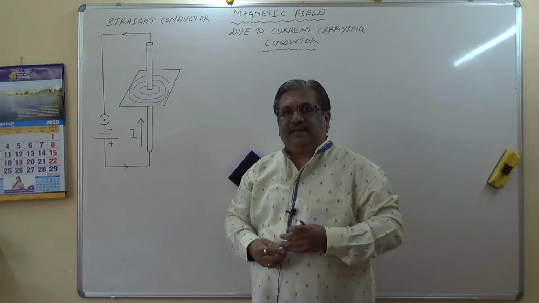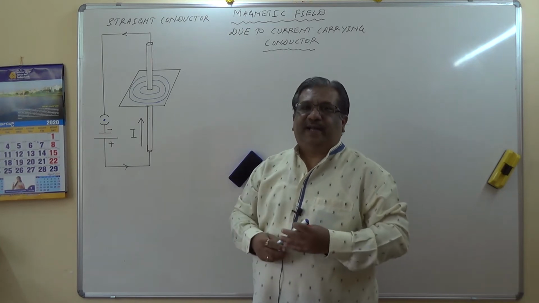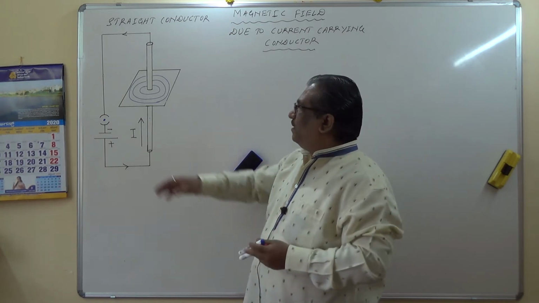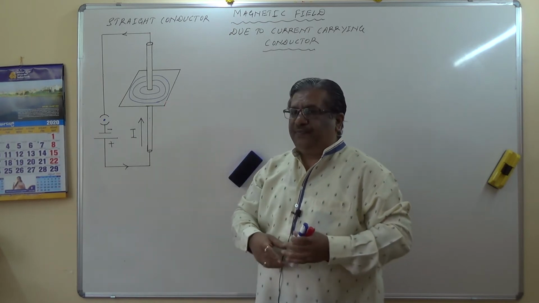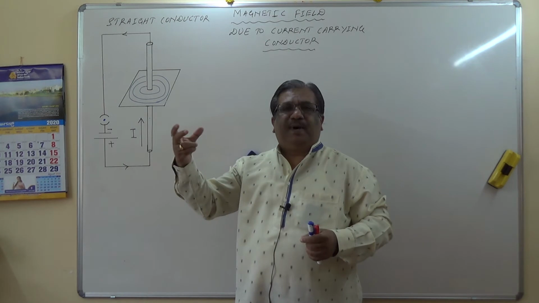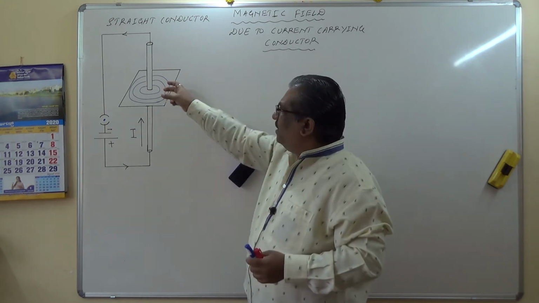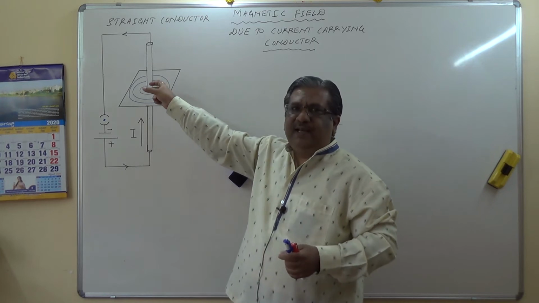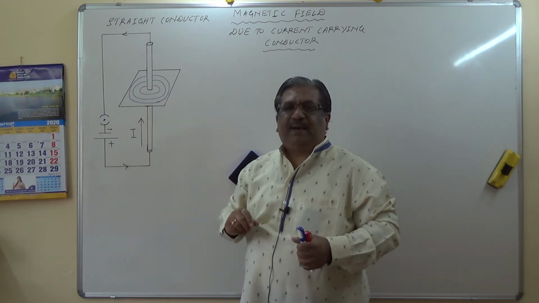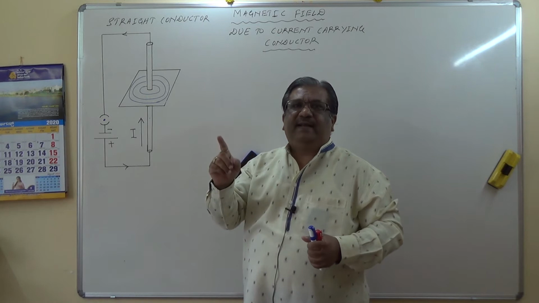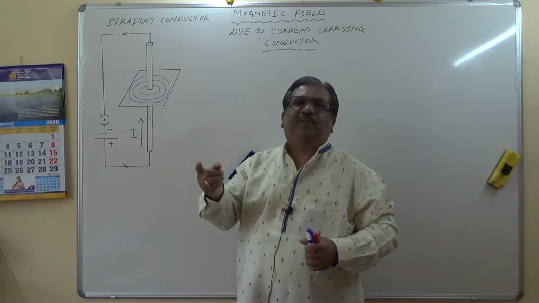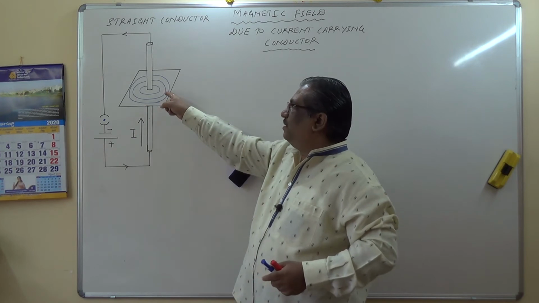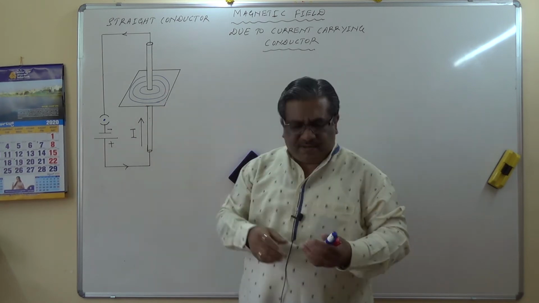The question arises, what is the direction of this magnetic field? One way to identify the direction of these magnetic field lines is to take once again the magnetic compass and place it in the vicinity, on any of these circles, or near the conductor. What happens? The direction pointed by the north pole of the magnetic compass gives you the direction of these field lines. Because